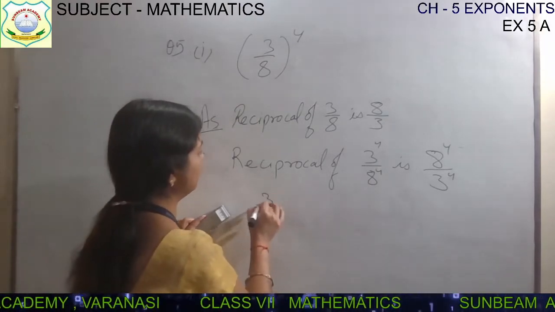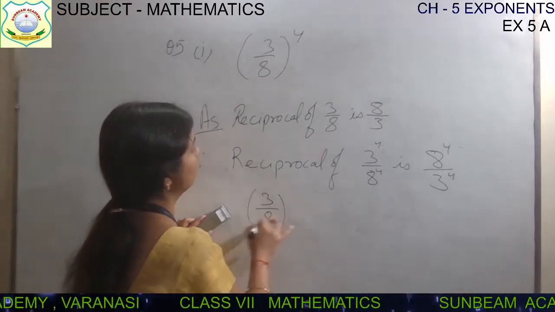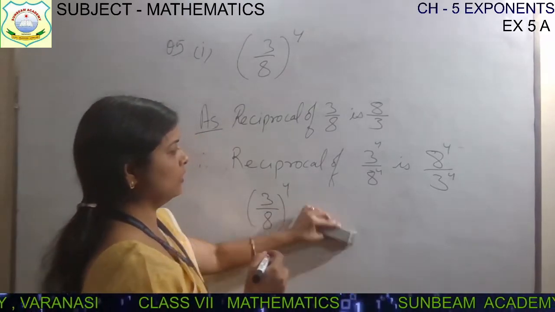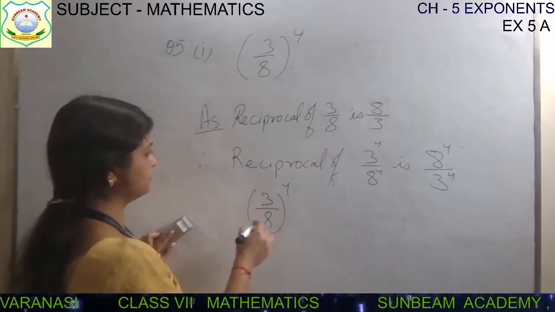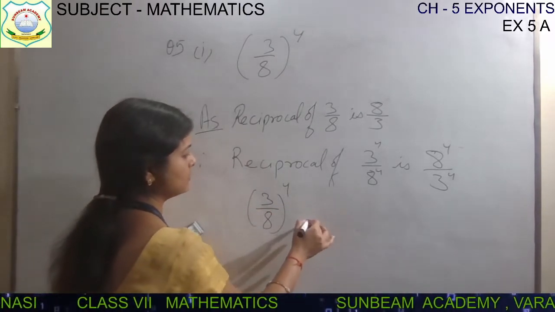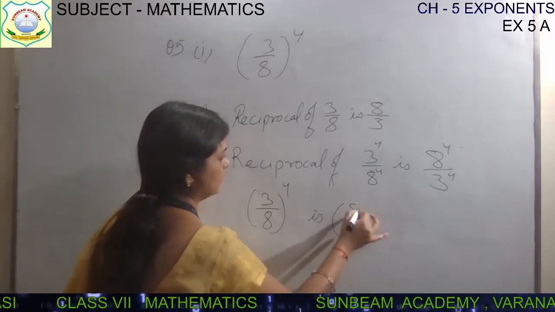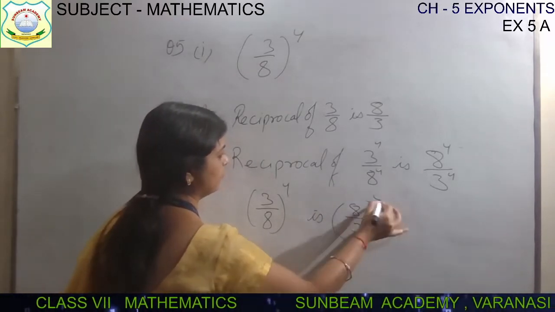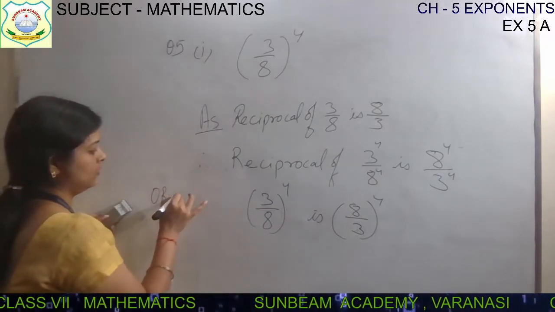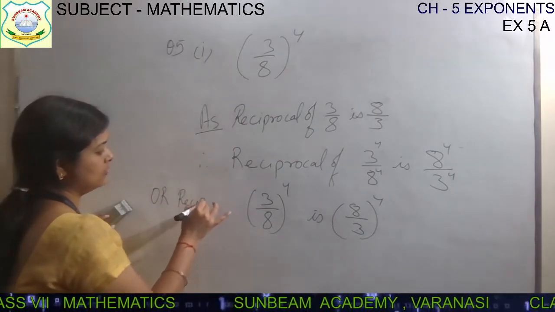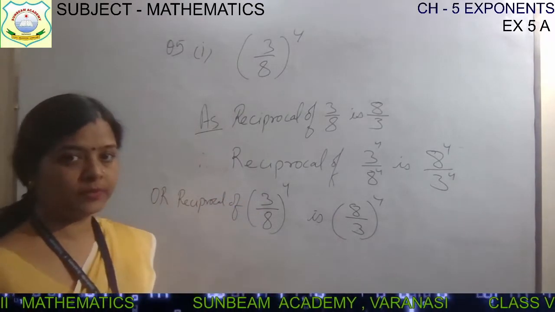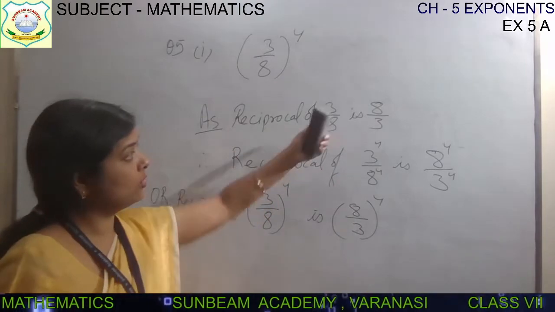You can write it in this way, because the reciprocal of 3 by 8 is